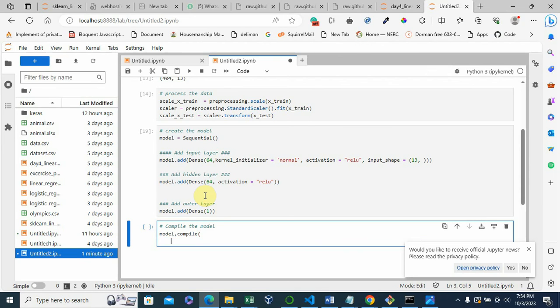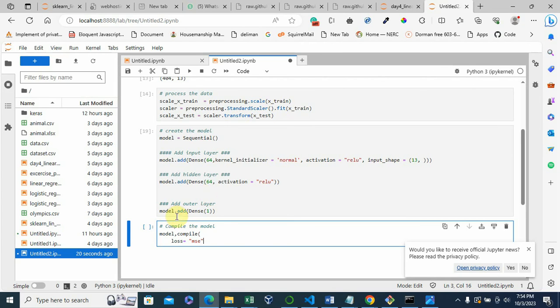So first I'm going to specify the loss function, which is equal to, and there are several loss functions just like everything else. We have binary cross entropy, categorical hinge, mean square error, Huber, sparse categorical. But here, mostly you see mean square error, which is the MSE. So I have this to be equal to MSE.